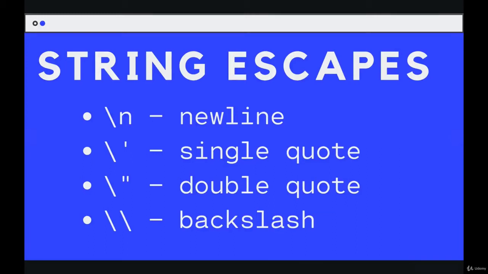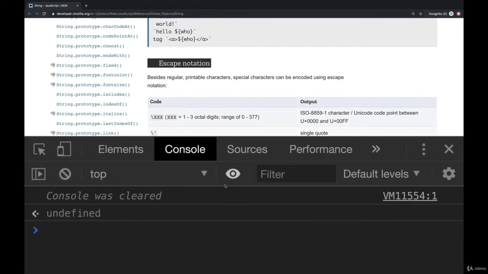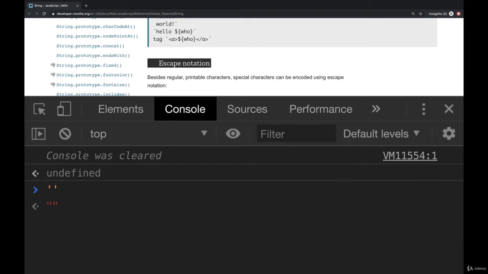Next up, string escapes, also known as escape characters, escape notation, escape sequences, I think I've heard before. It doesn't really matter. What they are is combinations of characters that have a different meaning within a string than the normal character would have. For example, a single quote or a double quote, those are particular special characters in JavaScript strings. If we have single quotes around something, he said, and I wanted to quote, la la la,